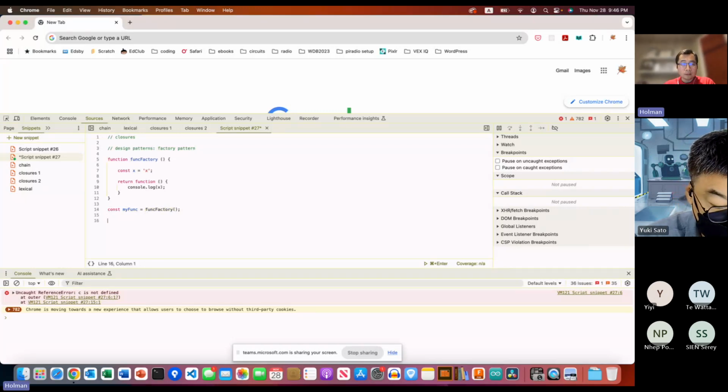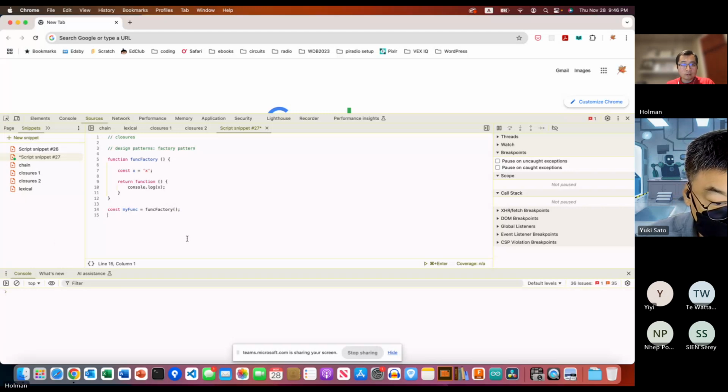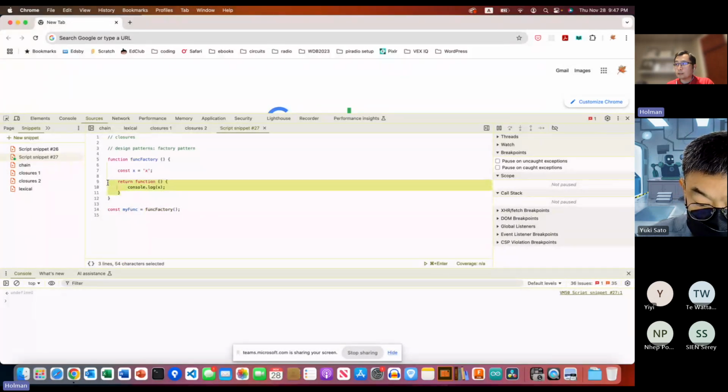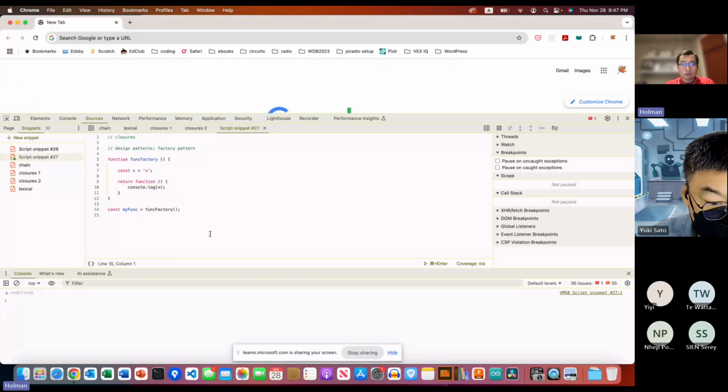So that means if I run this code as is, it will do nothing. And I will prove that to you, right? It does nothing. Why? Because we have only generated the function. So we call func factory, it returns a function, and that's it. It doesn't execute anything. It just returns a function. I still have to call the function, right? If I call the function, I will see the output. It will print x, right? It prints x,